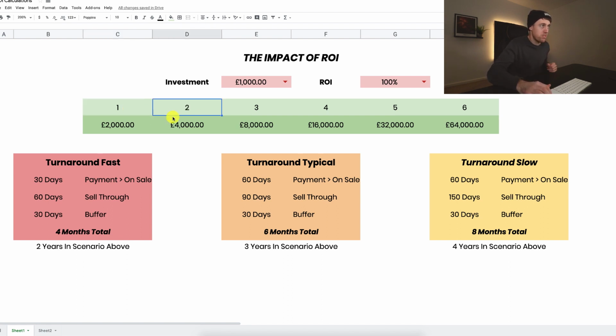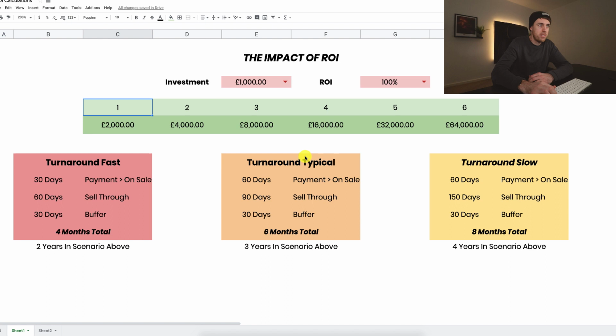And so the second investment cycle, let's just say, use this example here, that you had £1,000 first up, you would invest that, and in the first investment cycle, after that cycle, so what we're talking about with an investment cycle, we're talking about the turnaround of your product from payment to collection of the cash. As you can see here, I put some scenarios down in terms of speed that you might usually be looking at.